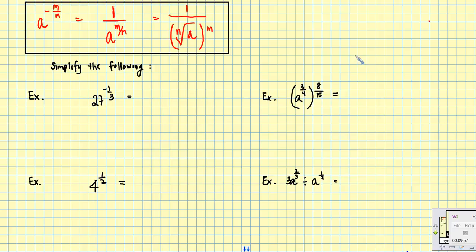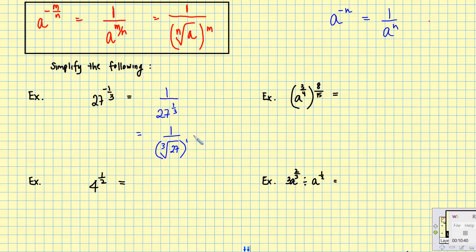Well, the same rule applies as a to the negative n that we saw in the previous lessons. We put it over 1 and it becomes a positive exponent. The only difference now is that I've got a fraction that I'm carrying down to the denominator. So for example, if I've got 27 to the negative 1/3, it's really like saying 1 over 27 to the power of 1/3. Now, that then is going to be rewritten as 1 over the cube root of 27 raised